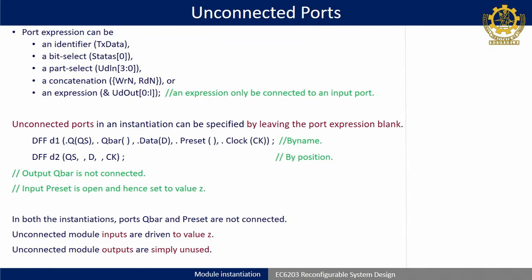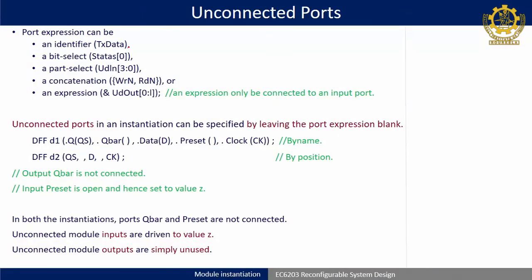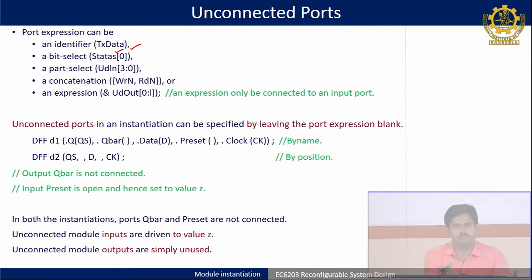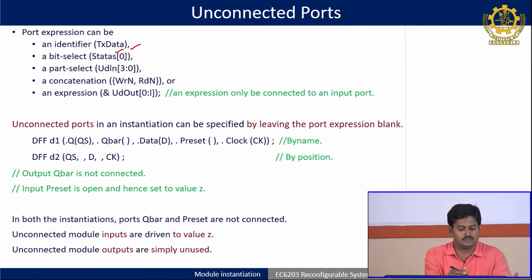Now, a few terminologies which have not been discussed till now or which we have not done in lab classes. This is the example I kept here. An identifier you can take as a single bit identifier, a bit select. If status is an entire big vector, you can take one bit as a bit select. This is called part select, which we discussed. This is concatenation, you can put in curly braces separated by commas, and this is like a vector of 2 bits; you can do an AND operation and finally you may get 1 bit. So, this is the expression example.